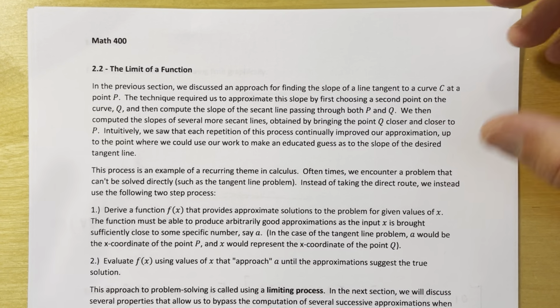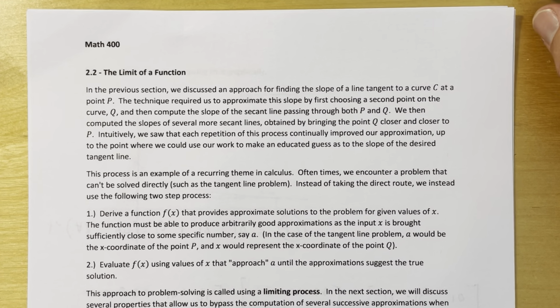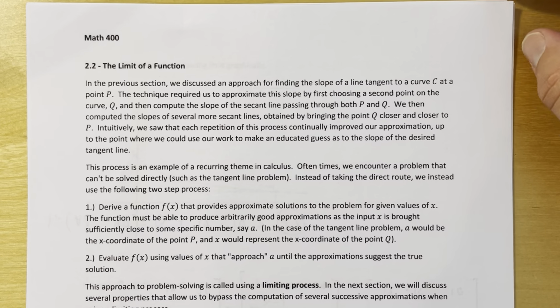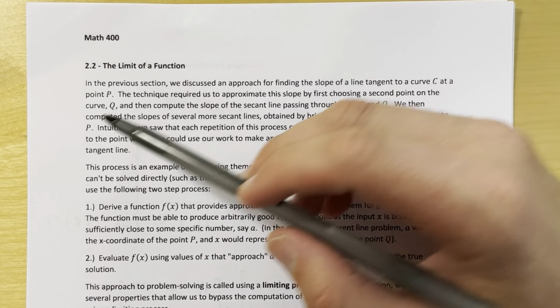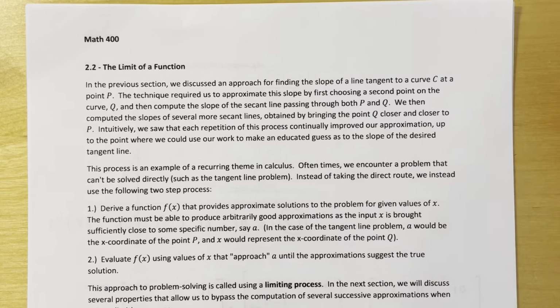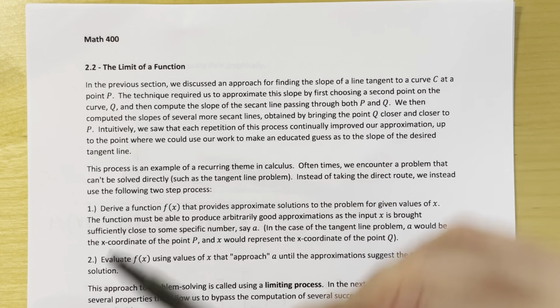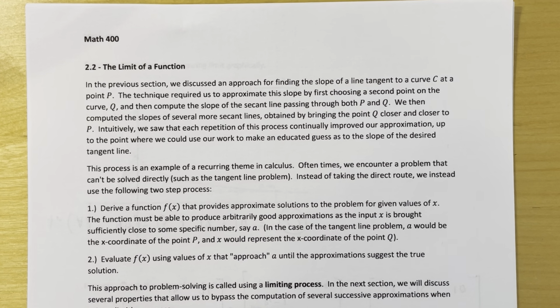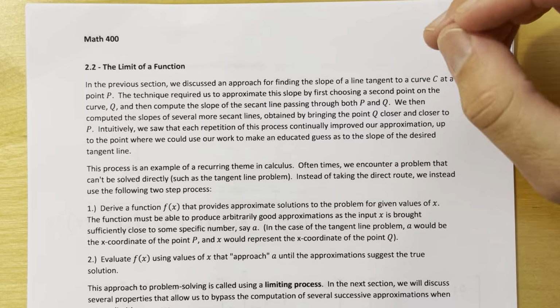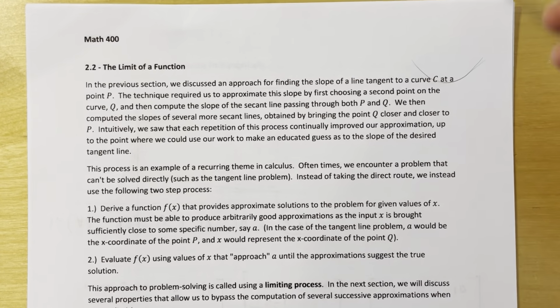So just to recap what we did before, when we were trying to find the equation of a tangent line, the most important part for us was determining what the slope of that tangent line was. The idea was that we took a curve, found a point that we wanted to find that tangent line at, and then picked another point. The first point we were calling P, the second point we're going to call Q. We brought that point Q closer and closer to the point P, drawing secant lines through those two points every time, and then used that as an approximation to our tangent line. That idea of bringing that point Q closer and closer to that point P underlies the idea of a